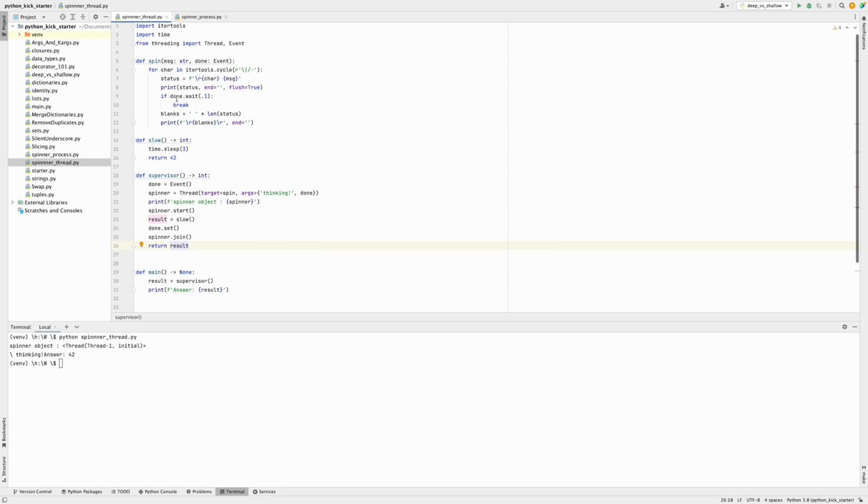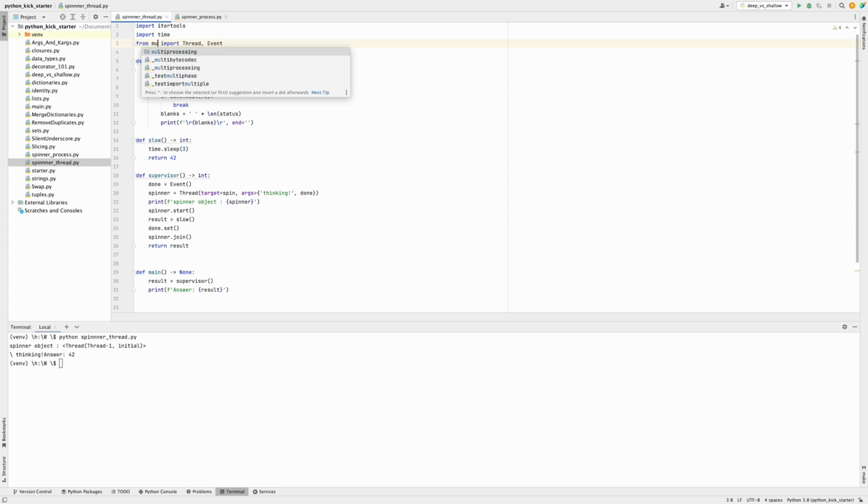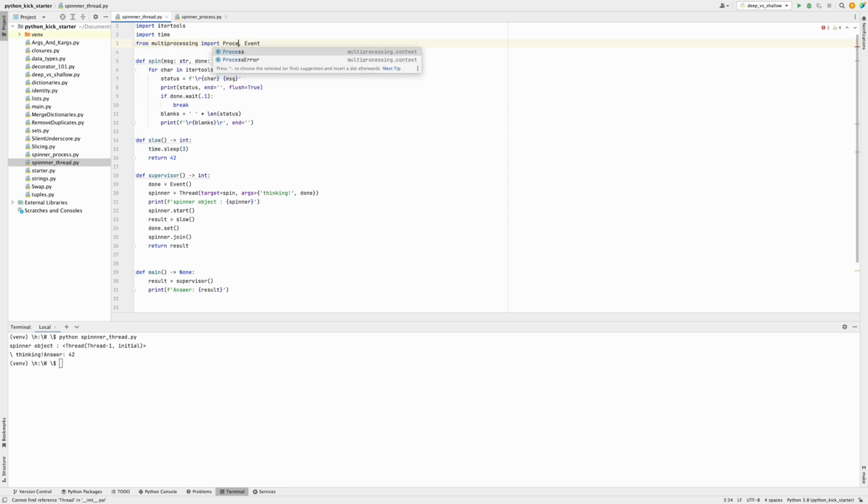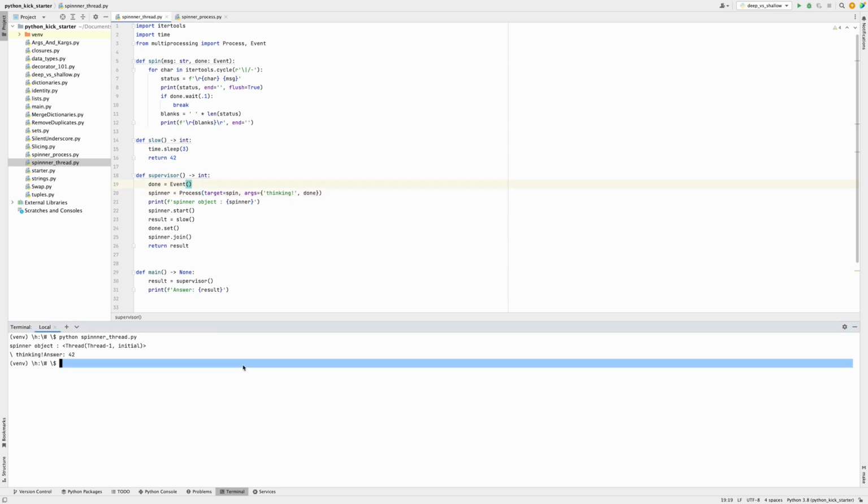So what we'll do now is instead of using threading.Thread, we'll use multiprocessing's Process, and also the event instance will be from multiprocessing and not from threading. So this will actually become Process, and we will run this. Let's try to run this and see if it runs properly, and as you can see, it has run